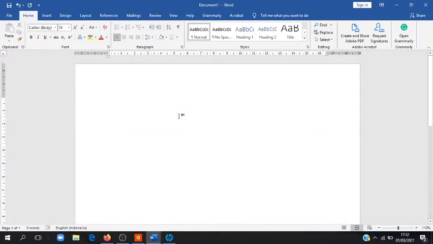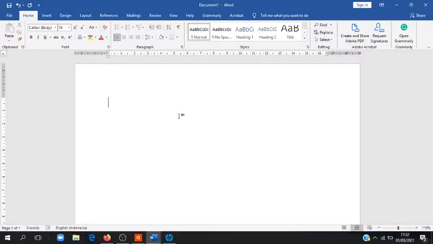Okay. First of all, when you are composing a paragraph, you have to know that in one paragraph there must be one topic sentence or one main idea. One main idea means one topic sentence. Let me give you the example. One main idea. For example, if you want to compose about